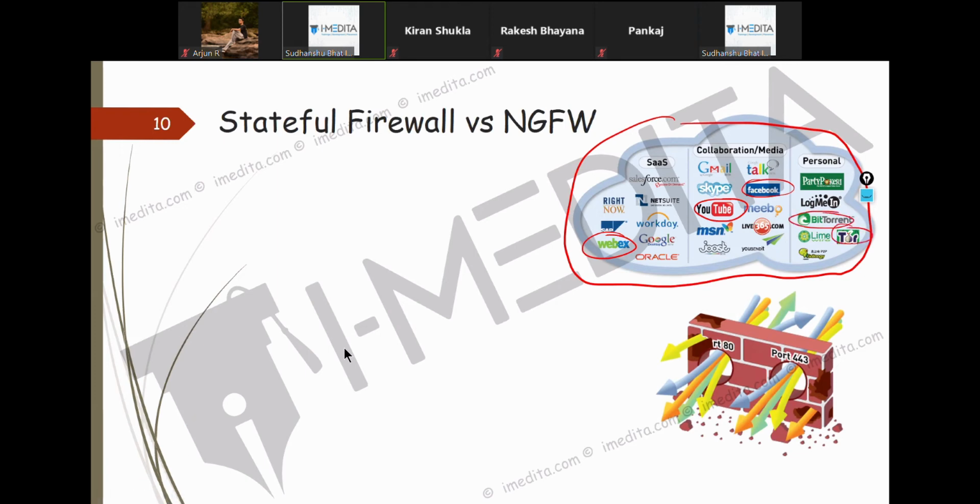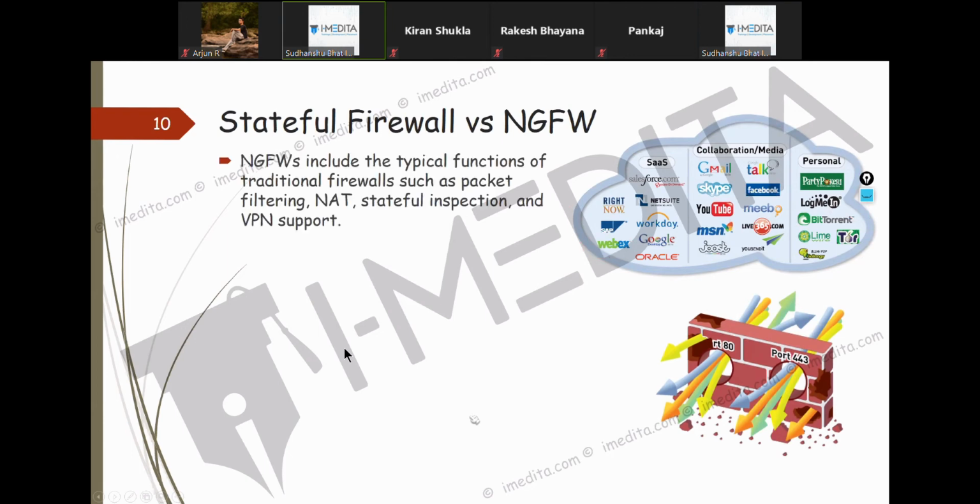But if you see, most of these applications work on either port number 80 or 443. So if you are just making rules based on port numbers, there is a highly likely chance that it is going to be difficult to deploy security policies.